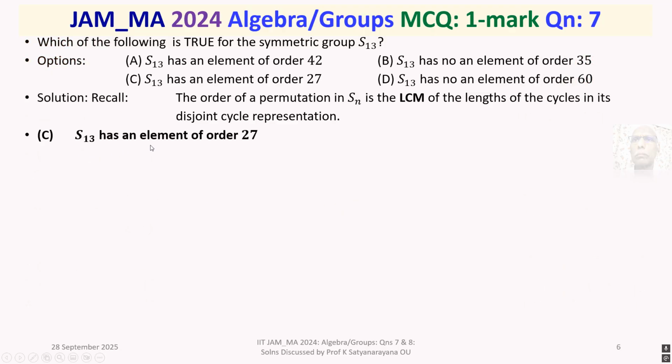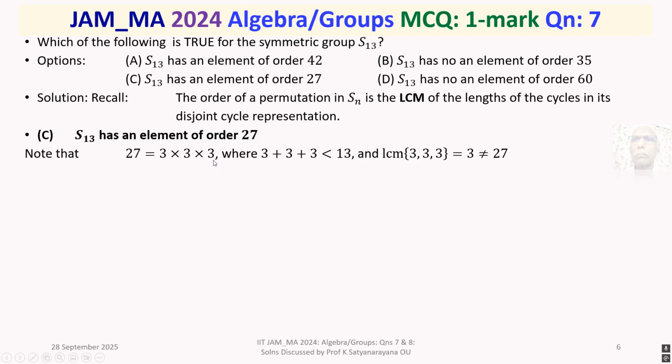Option C, S13 has an element of order 27. We write 27 as 3 into 3 into 3, and the remaining you can put as 1 into 1 into 1, where 3 plus 3 plus 3 is less than 13. But the LCM of 3, 3, 3 is 3, which is not equal to 27. This is not possible. But 27 is equal to 3 into 9, so 3 plus 9 is less than 13. But the LCM, least common multiple, of 3 and 9 is 9, which is not equal to